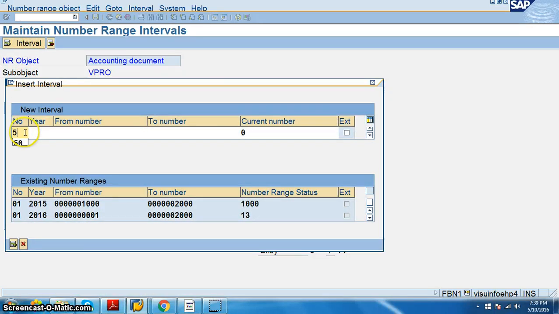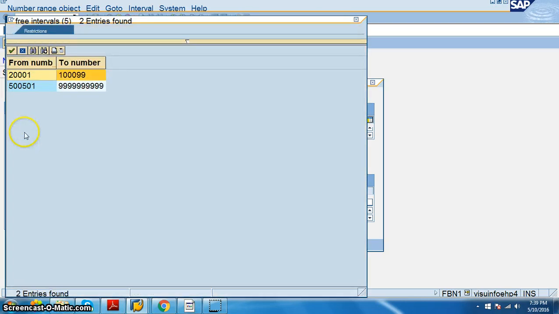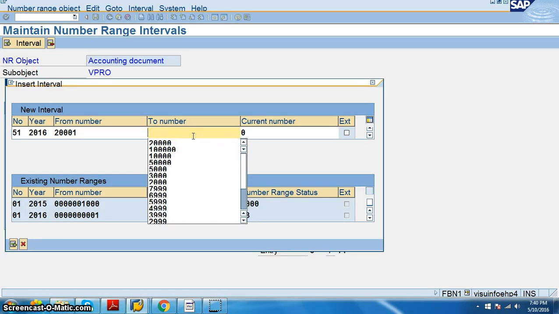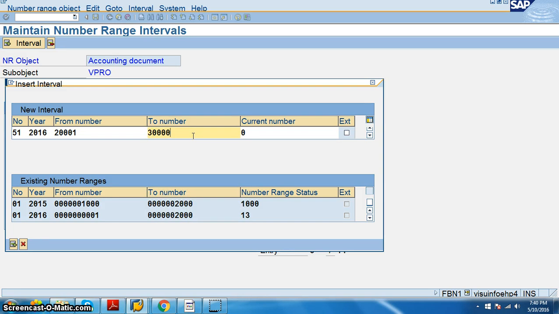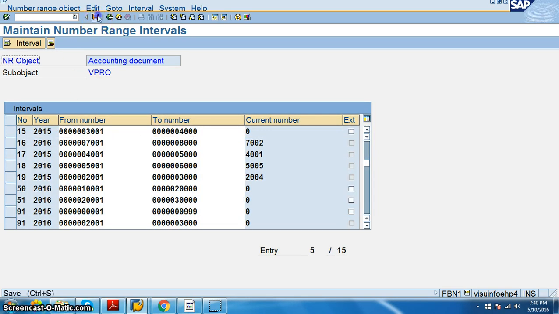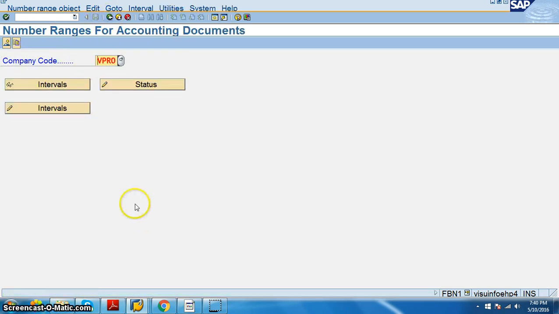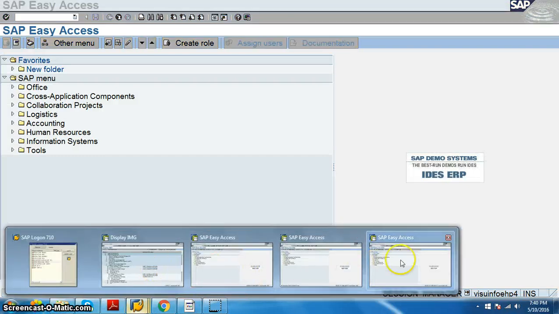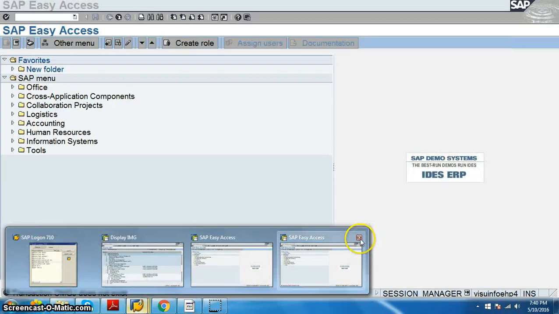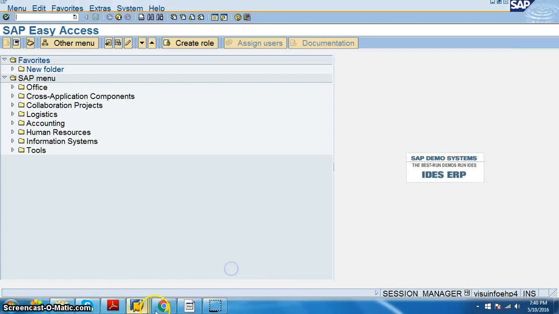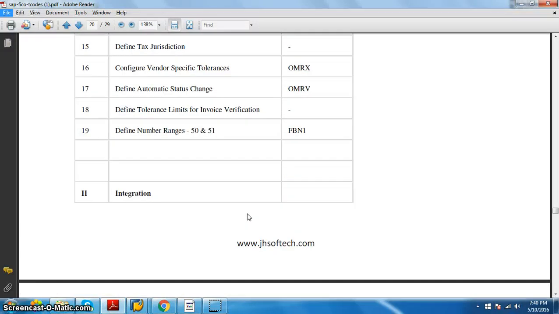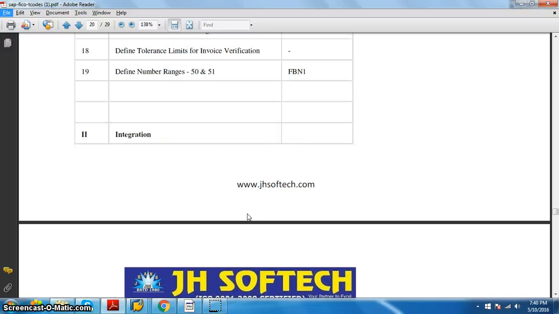Then 51, 2016, we'll go for the number range 2001 to something around 30,000. Say okay, save it, back again. So we have two number ranges that we have maintained for the transactions that we have to do for the related stuff.